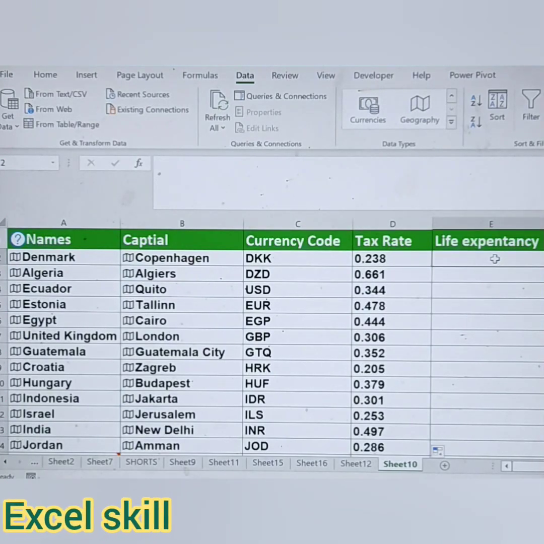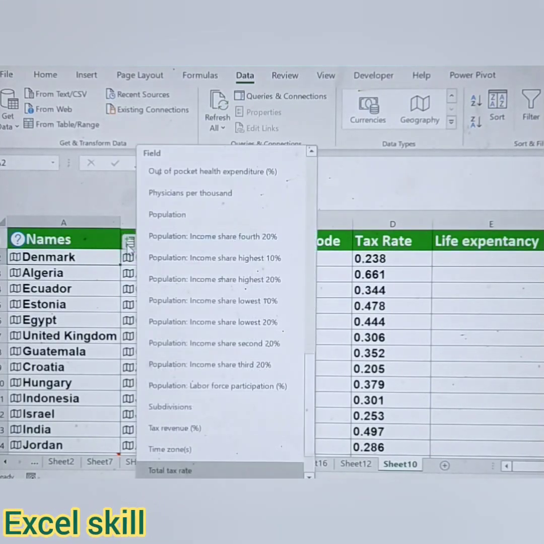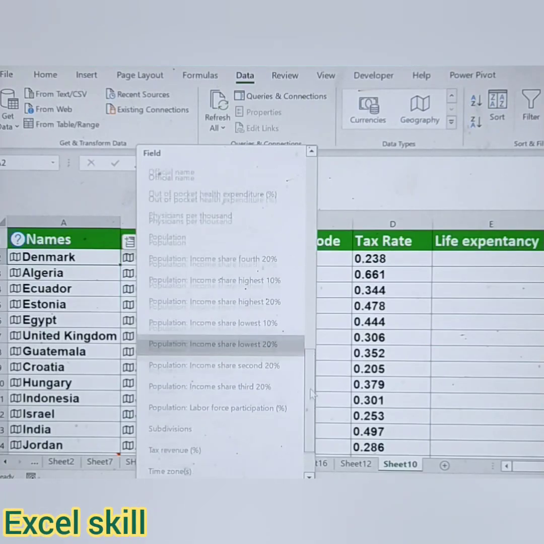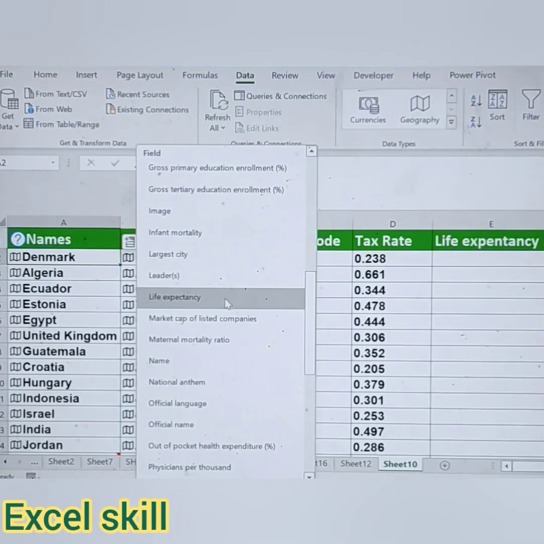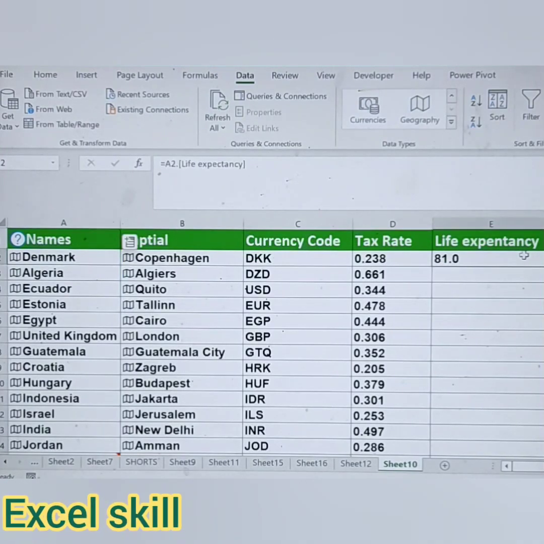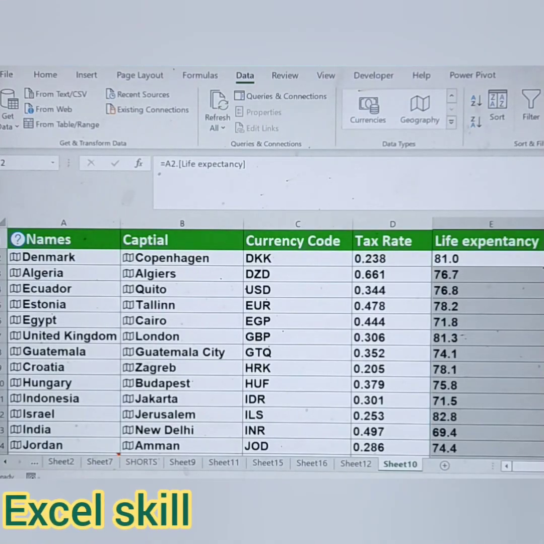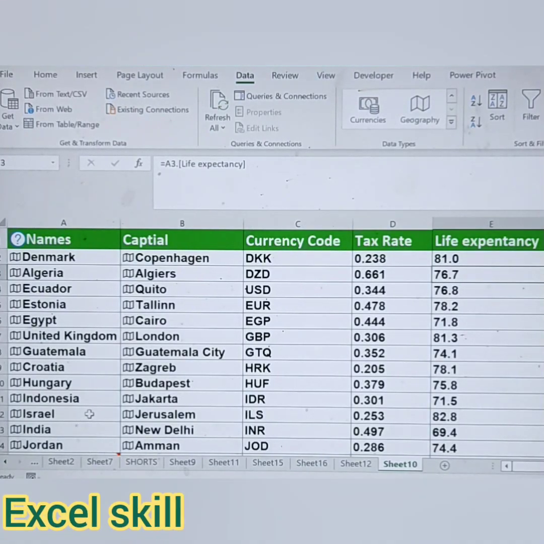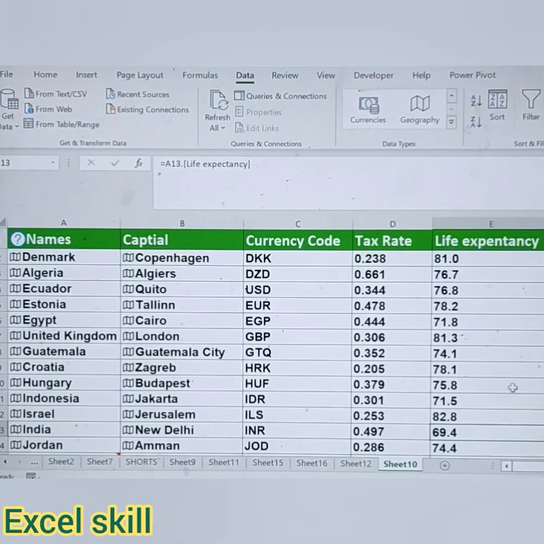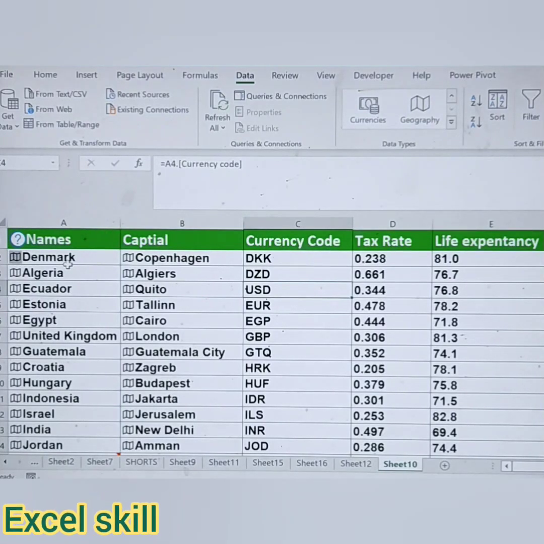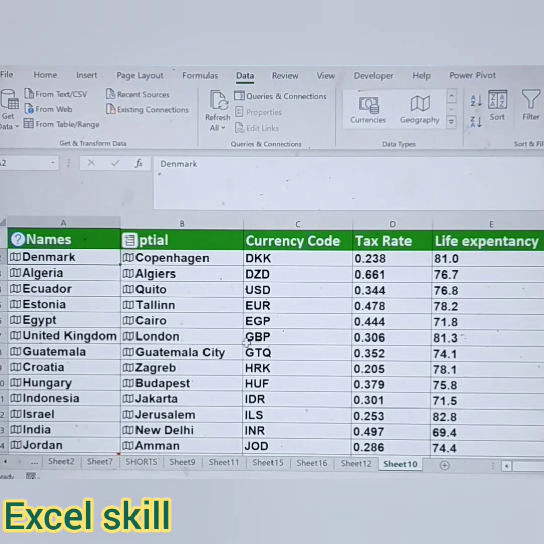Now the last field is life expectancy. So now I click here and my last criterion is life expectancy. I click over here in the list. You can see the life expectancy of Denmark is 81 years, and you can also see our country's life expectancy is given as 69.4. Like this, you can get the demographic and geographical information of each country with the